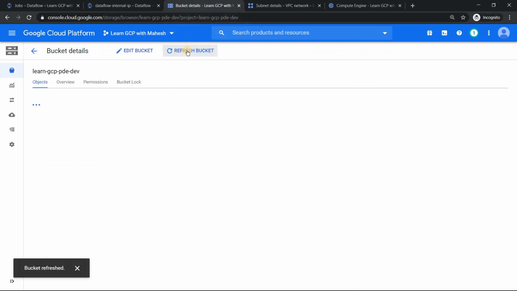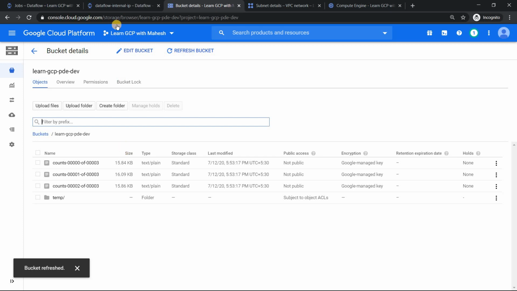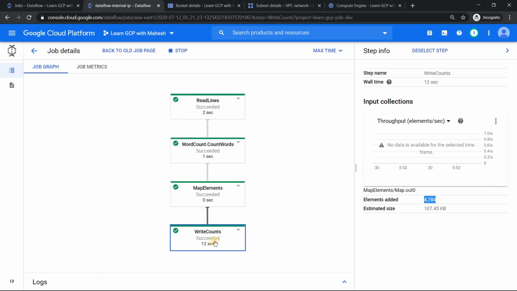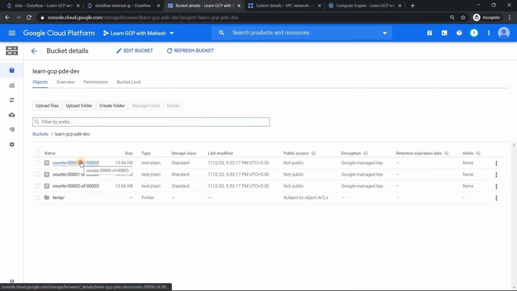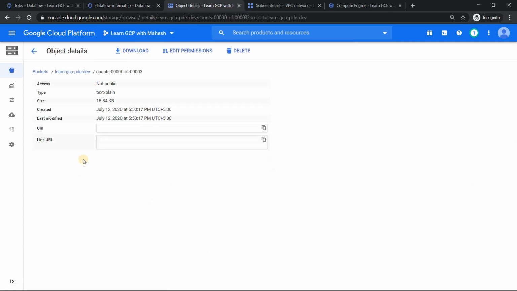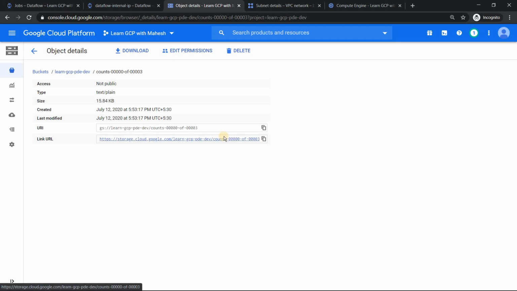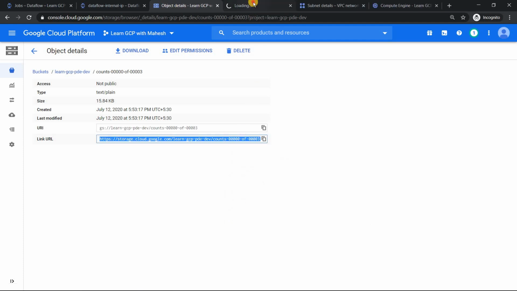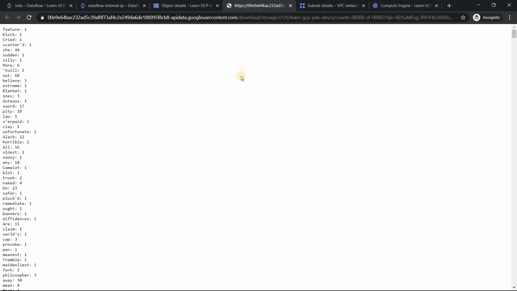If I just refresh it, awesome, we see the output here. And if I go back, the job has successfully finished, where it has read almost 5525 elements, and it has counted, and it has got to this much. So if you are really interested, just go and view the data. Let me open this in a new browser so that you can see the output, the count. You see, "more" is a word which has occurred more than 6 times. So that is the stuff.